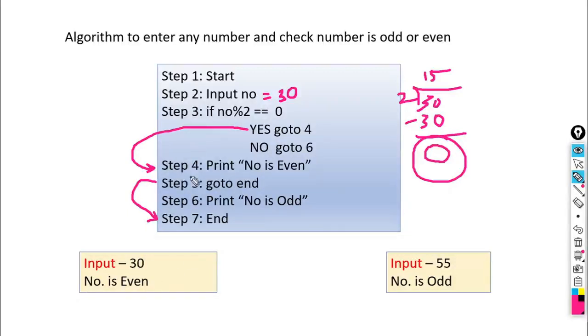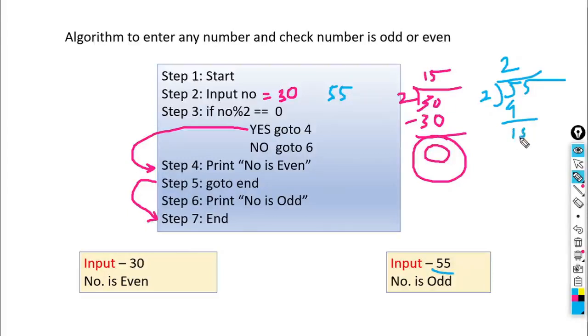Okay, so this is what happens when we enter the number 30. Suppose we enter the number 55. When we enter 55, what would happen here? This 55 will be assigned to NO. It will check whether the remainder is 0 or not. When we divide 55 by 2, 2 2s are 4, it gives you 1.